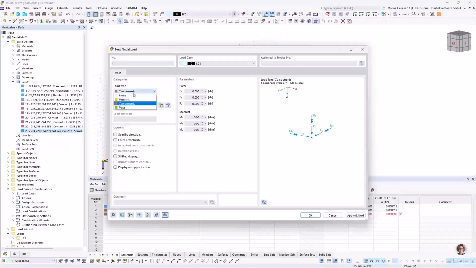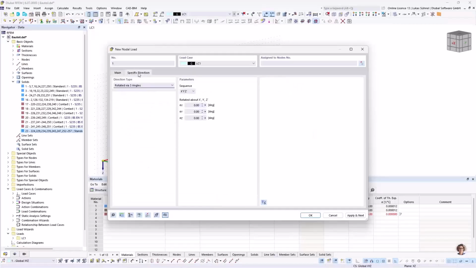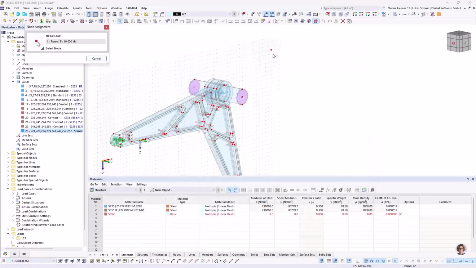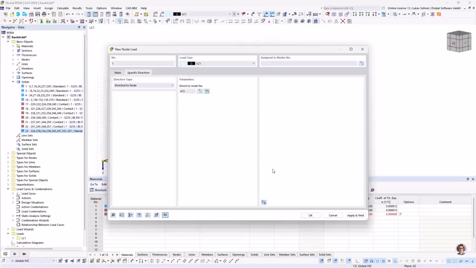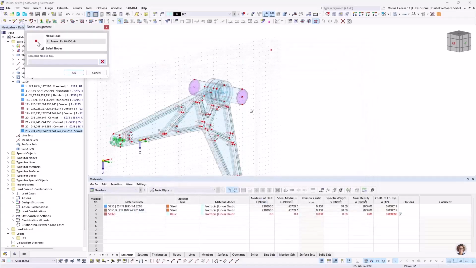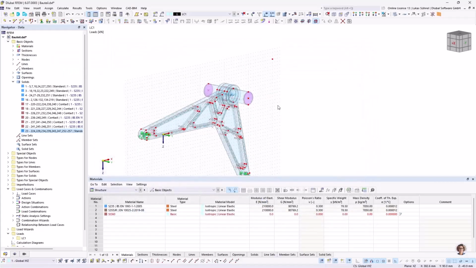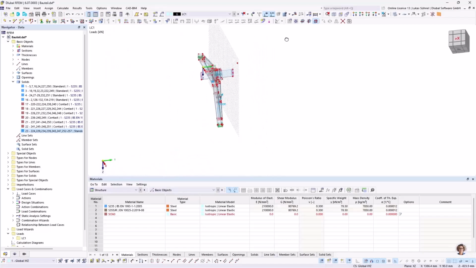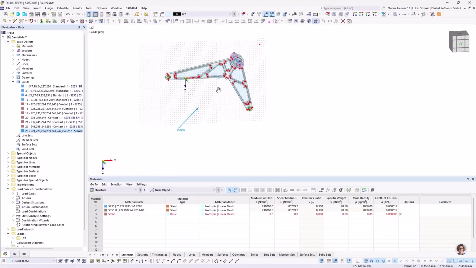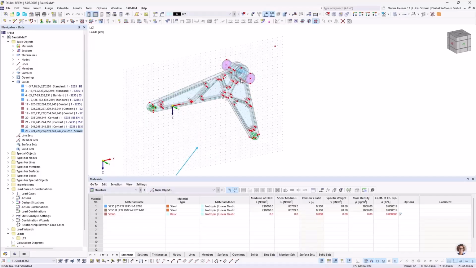I use this type force, but with a specific direction, 10 kilonewtons, specific direction. And here I can say direct this load to a specific node, for example, this one. And then I can assign the load onto that node. And yeah, I have a nodal load acting into the direction that I want, without having to deal with rotations